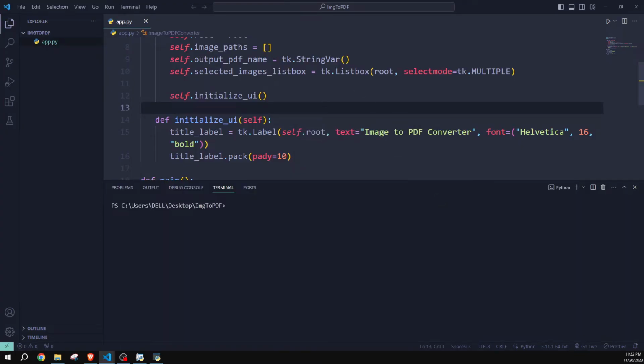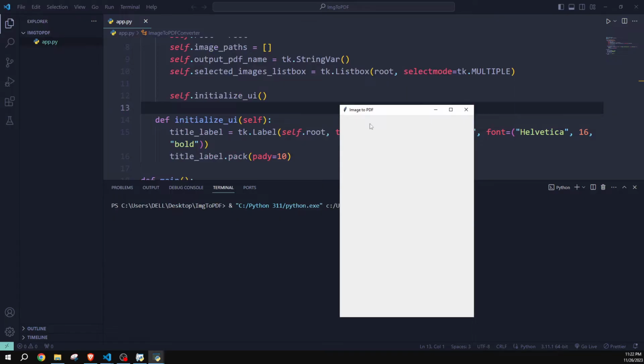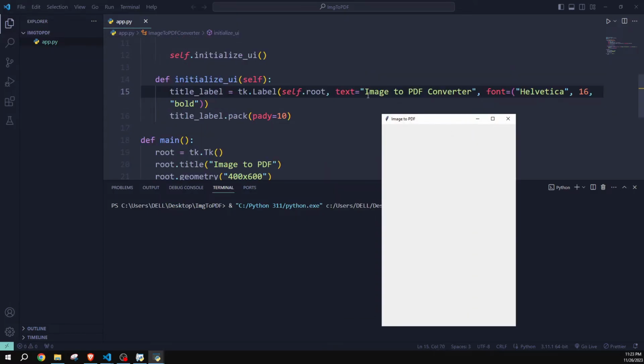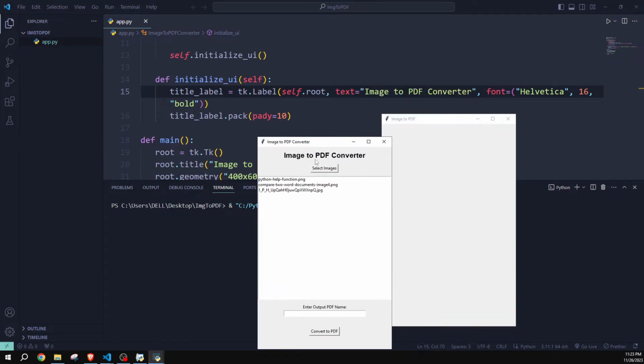Here you can see that our program is now running. And boom guys, here you can see that we have our screen, our 400 by 600 screen, and we have our title as well. But we cannot see this title. Here we should have a title like this one. Here you can see that we have an image to PDF converter title, and I want to see this title